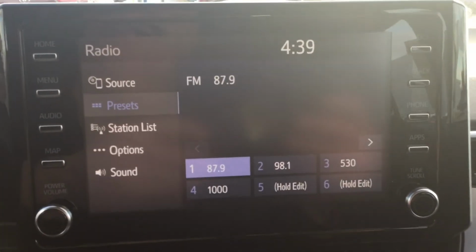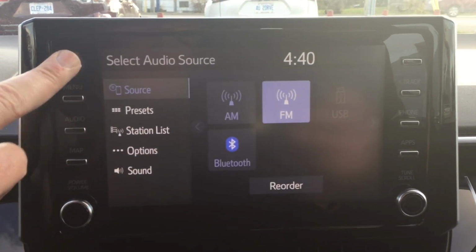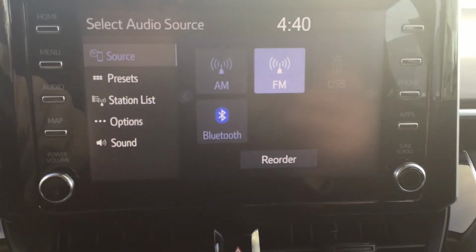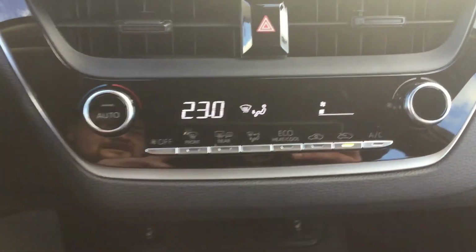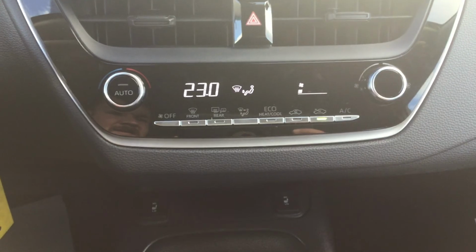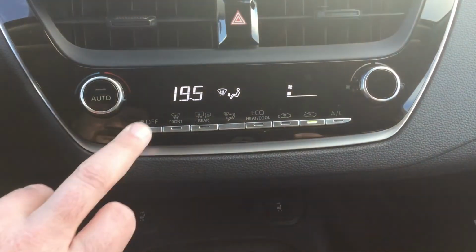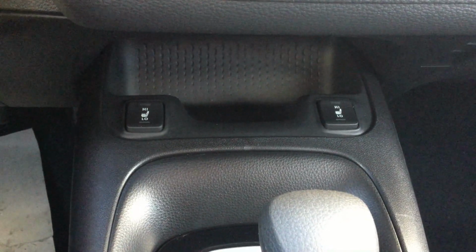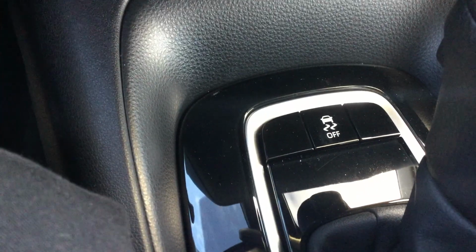Then we have our nice infotainment setup here that has touch screen as well as physical buttons on both sides, and the tuning knobs as well, which is a really nice feature for when you're driving. And then we have the climate control as well, really easy to use, very nice and crystal clear on the display, which is definitely appreciated. And then we have the heated seats, as I stated earlier, for the driver and passenger with high and low settings. We have our traction control,